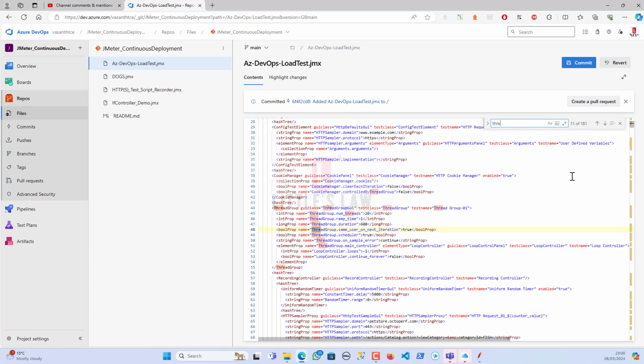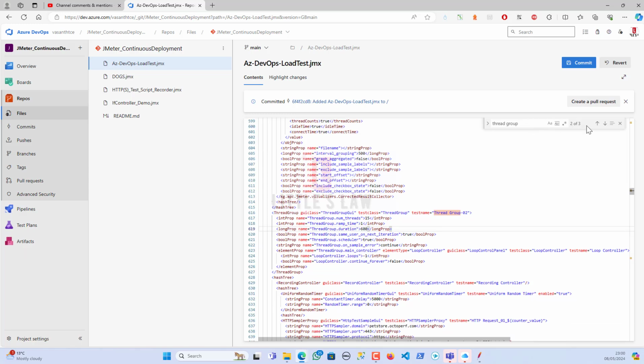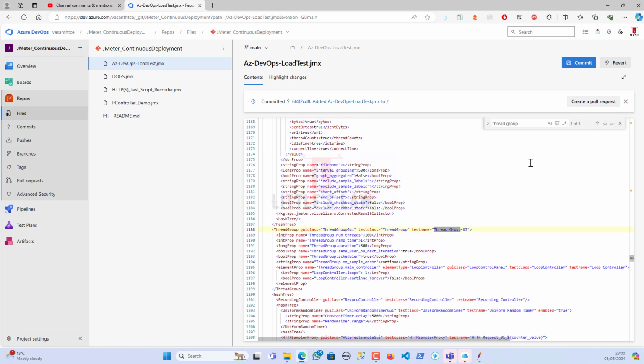Let me search thread group. Yep. So here we have thread group 2. I'm going to reduce this load to half of the actual user load, and the duration is going to be 600. And now let's search the next thread group, which is thread group 3. Here I'm going to again reduce it to like 75% of the user load,